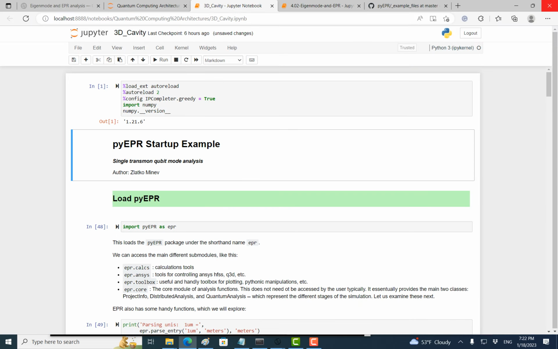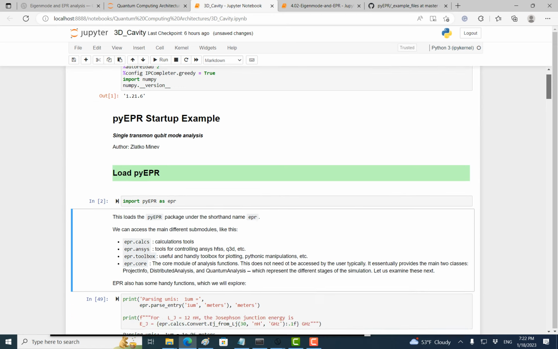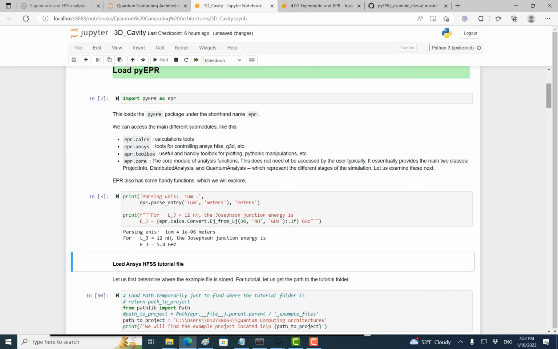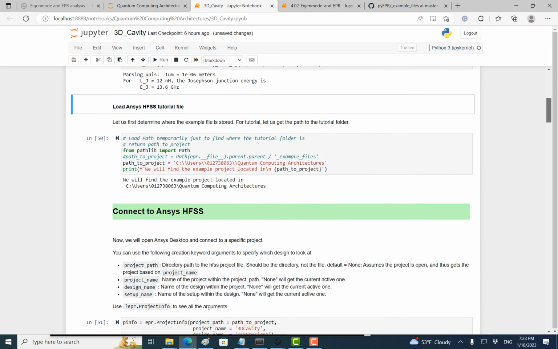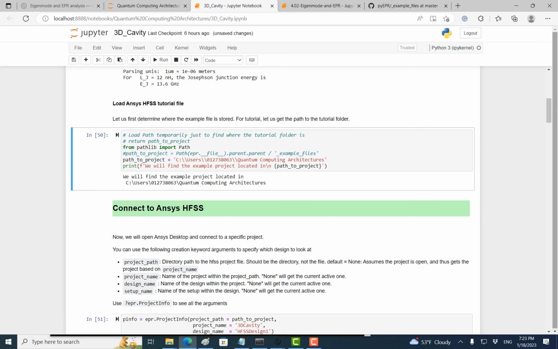Okay, I close this HFSS. And then import pyEPR, right? You can take a look. I will share this with you. And then this is just some, what do you call, housekeeping, some functions that you can use to calculate how the Josephson energy is related to the inductance. So you can ignore them. Now, most important thing is that now I want to